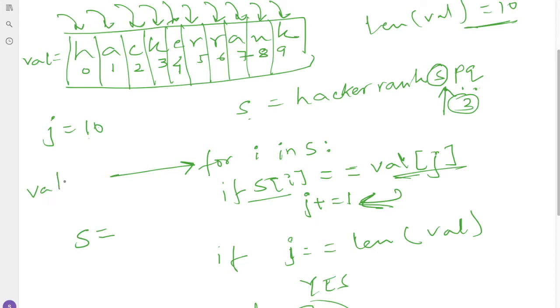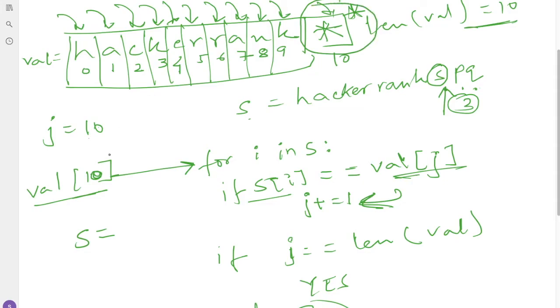Now j is 10, and index 10 is not present, so this condition check will simply throw an error, like array index out of bounds, correct?